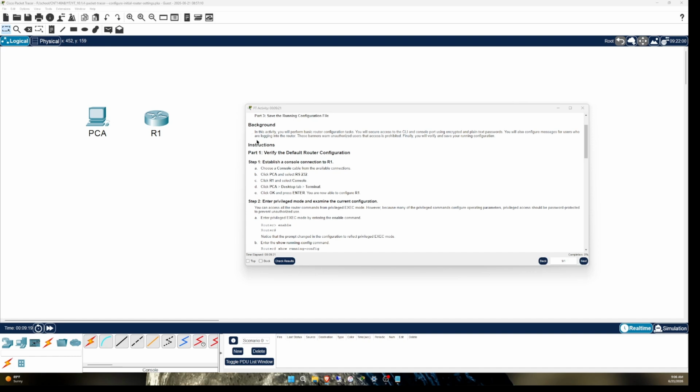Packet Tracer 10.1.4. And in this Packet Tracer, it is not too bad. We are just doing a simple router settings configuration. So the first step is we are going to go down here to our console cable, which is the blue